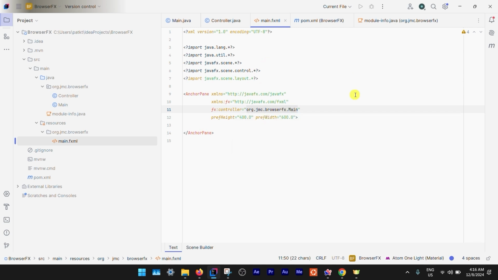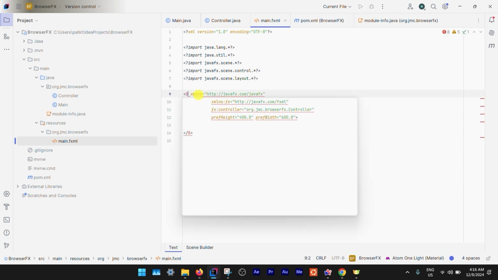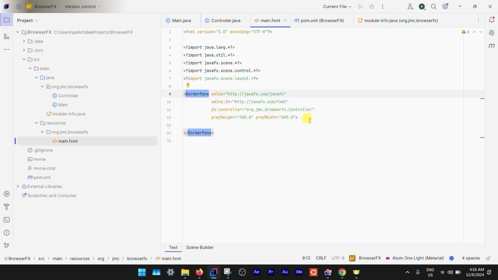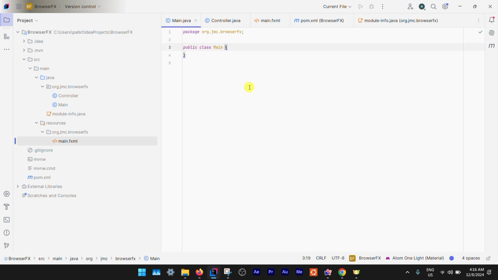The first thing I'm going to do is point to the actual controller, not the main class, and then I'm going to remove the main sort of root. It should be a border pane, not an anchor pane, and the dimensions can stay the same for now. I'm going to go into the main, and then once again, like we've done before,